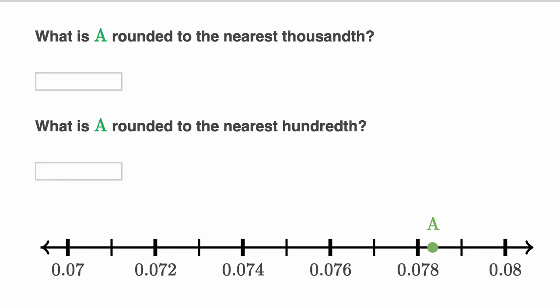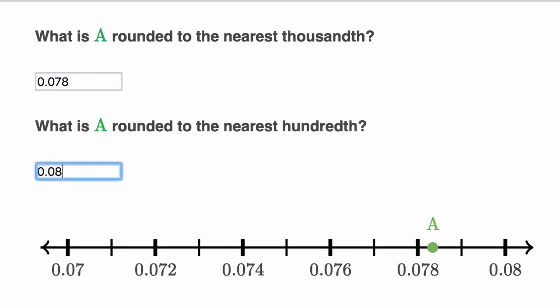So if we round to the nearest thousandth, it's definitely closer to 78 thousandths than it is to 79 thousandths. So I would say this is 0.078 or 78 thousandths. That's the nearest thousandth. What is A rounded to the nearest hundredth? Well, what are the hundredths that it's in between? It's in between 7 hundredths and 8 hundredths. And which one is it closer to? Well, it's closer to 8 hundredths,